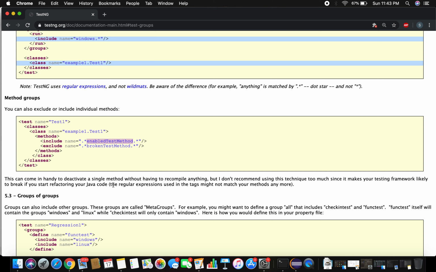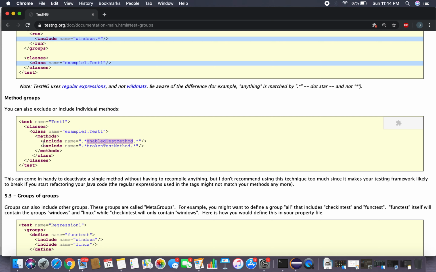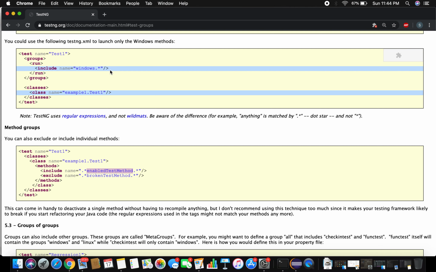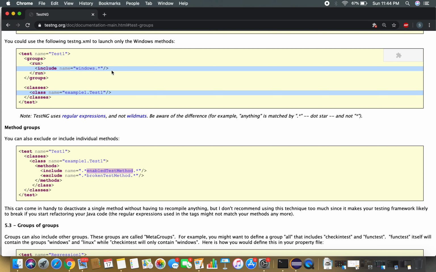Because if you start refactoring your Java code, you may edit the method names, or you may create more methods which have this particular string inside the method name, and so they get added to all the cases which are matching, and if you change the method name they may not be included in your test suite. So that's why it is not advisable to apply a regular expression at a method level, but you can apply this regular expression by taking extra care when you are defining your groups.